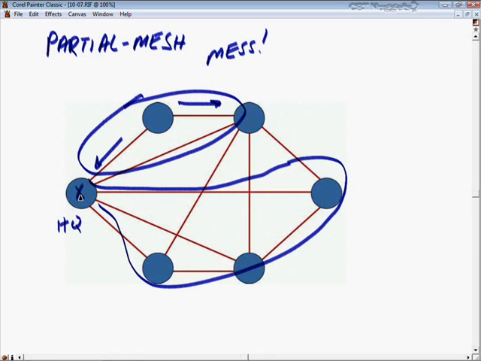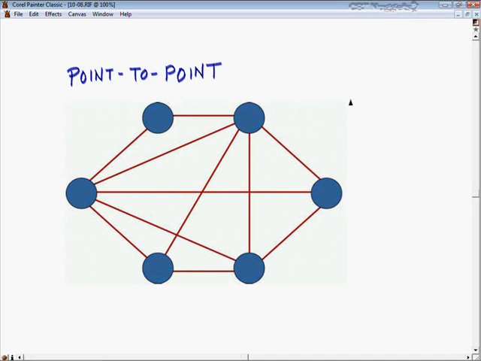This is a trade-off because it reduces the cost of meshing all the devices by allowing you as a network designer to decide which nodes are the most critical nodes and then appropriately interconnect those nodes. And again, full mesh and partial mesh really come into play in wide area networking design and metropolitan area networking design. Now, another decision that has to be made from a topological standpoint, specifically in wide area networking, is whether